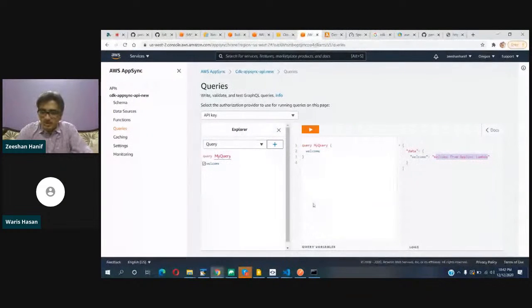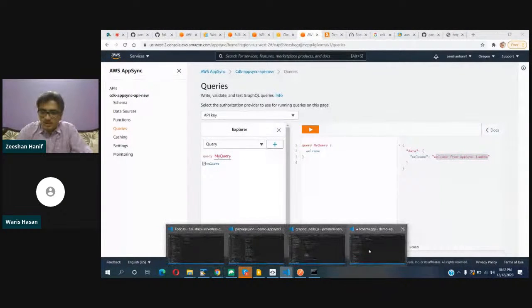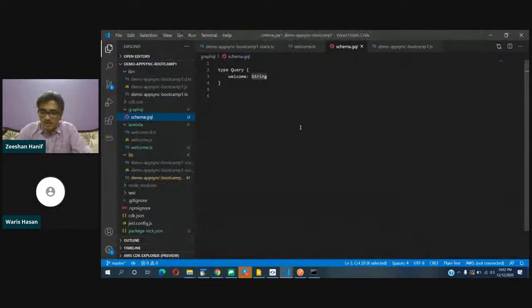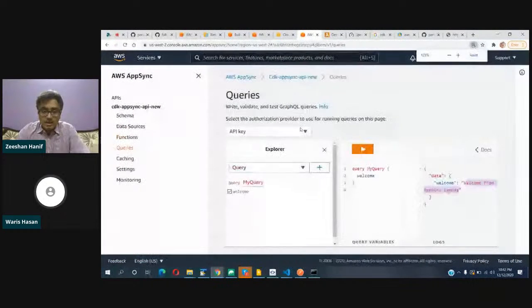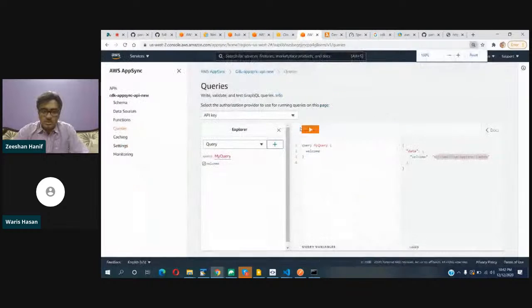queries. Now what I'm going to do is... Sir, can you slightly zoom in? People are not being able to see this one. Yeah. Can we zoom in on the code? Yeah. No, the code, the Visual Studio Code. Okay, so